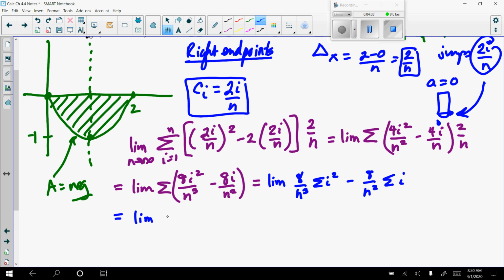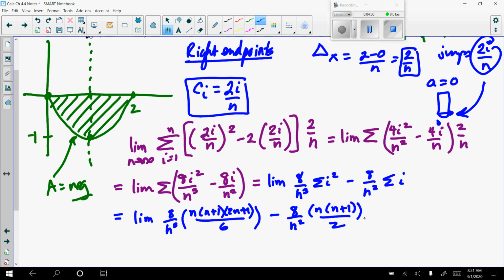which becomes the limit of 8 over n cubed times n plus 1 times 2n plus 1 over 6, using my rule, minus 8 over n squared times n plus 1 over 2, which becomes the limit of,